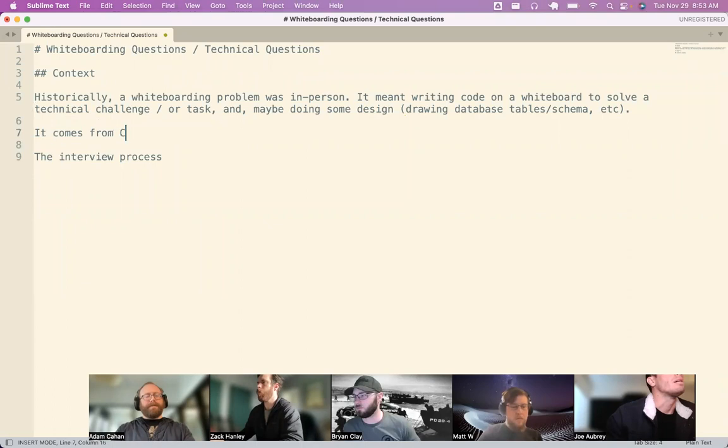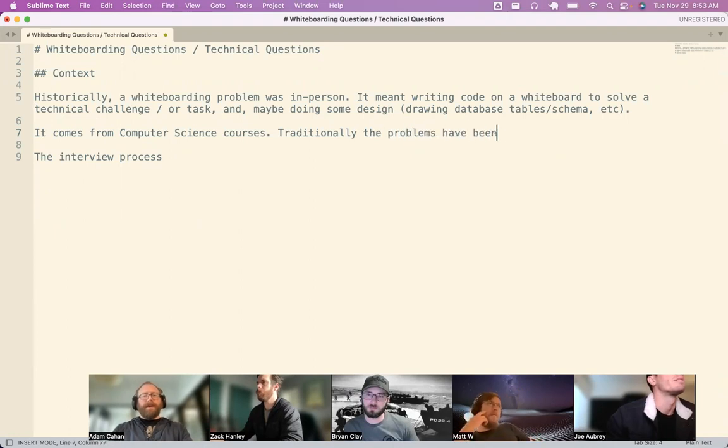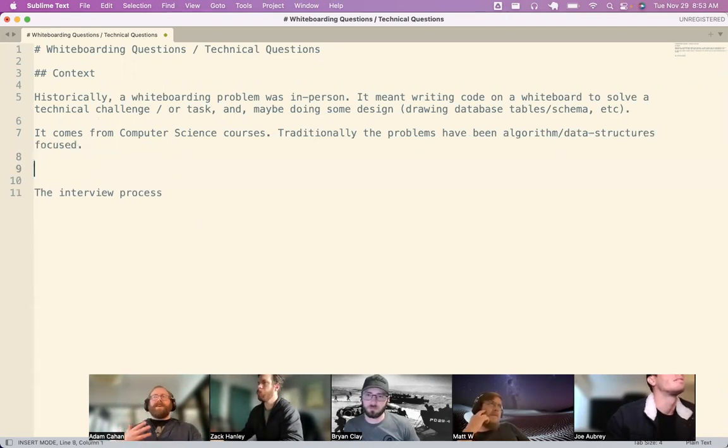It comes from computer science courses where that's how a lot of this material was taught. And traditionally, the problems have been algorithm and data structures focused. So, especially because we're writing out the code, it changes the whole thing.